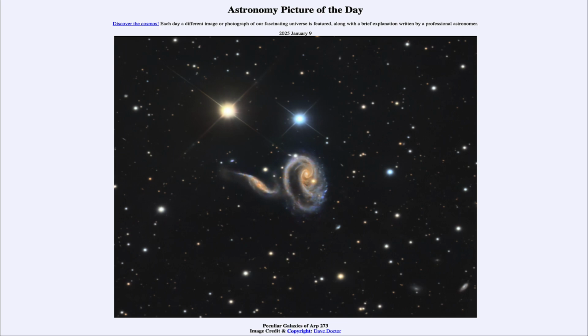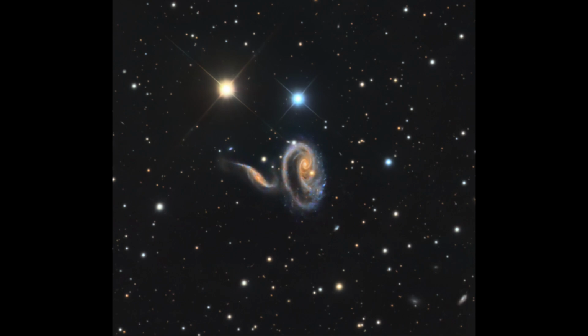Today's picture for January 9th of 2025 is titled Peculiar Galaxies of ARP 273. So what do we see here? Well, here we see a number of stars in the image, but primarily at the center, we see a pair